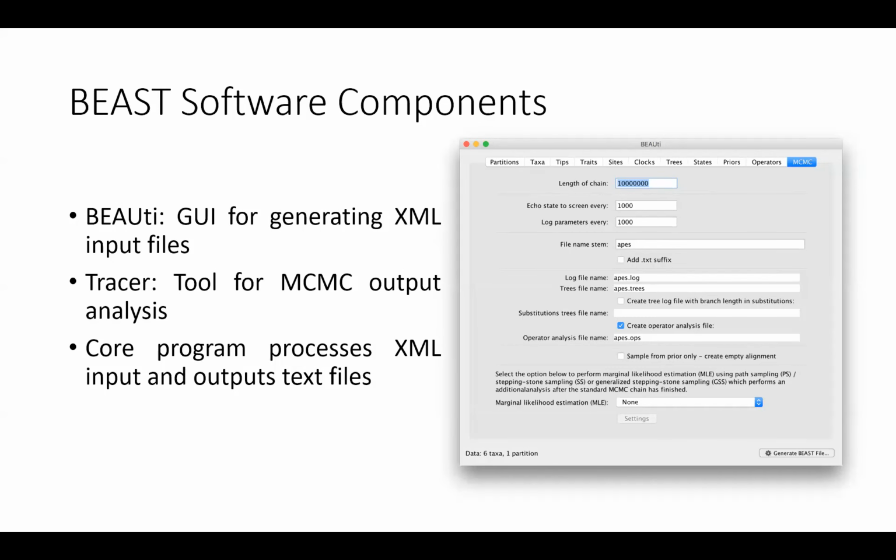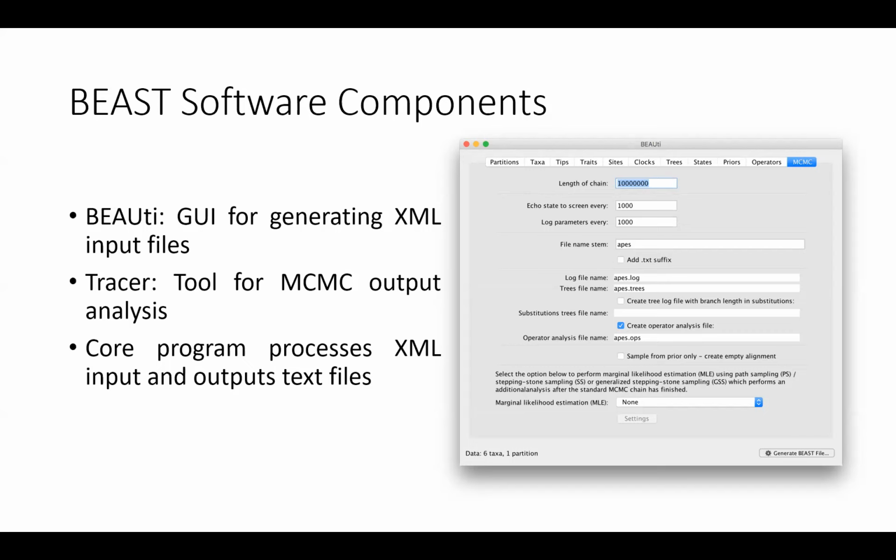So, BEAST has several critical components that work together to facilitate evolutionary analysis. One of them, BEAUti, is a graphical UI that allows users to generate XML input files for BEAST. This interface simplifies the process of setting up analysis by providing a user-friendly way to specify data and models. Tracer is another important component